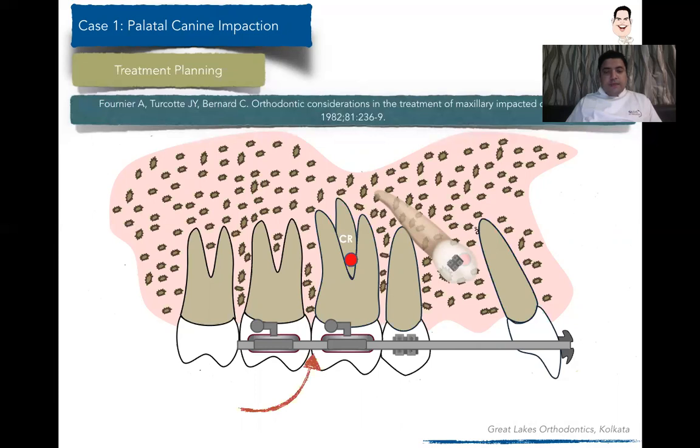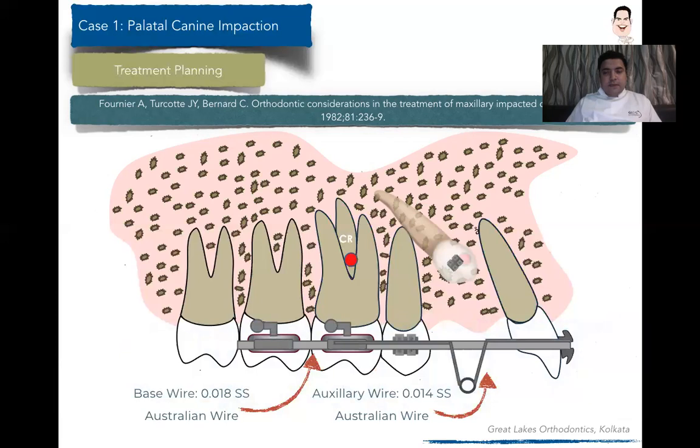So what we find is that the base arch wire has to be at least an 018 stainless steel wire, the Australian, preferably a premium wire, so that you have adequate rigidity. The auxiliary arch wire should be about 0.014 SS to give light continuous forces. We're going to follow the auxiliary mechanics, and this is how we are planning to put an inverted coil spring, a modification of the ballista spring. And once we have inverted it and placed it into the auxiliary tube of the molar,